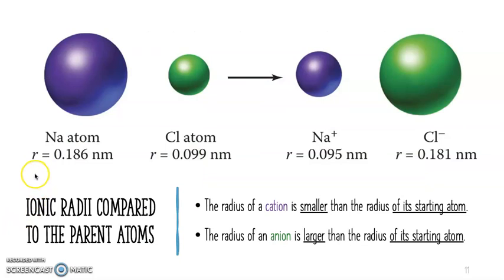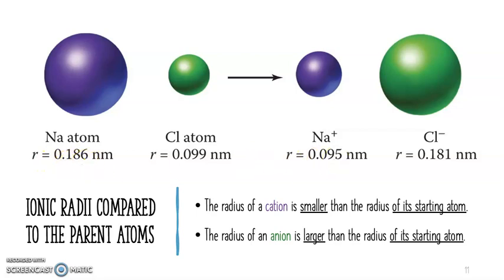So let's talk about the atomic radius of these when the ionic bond is formed. When an ionic bond is formed, the atoms lose electron or gain electron. When an atom loses electron, it becomes a cation. This cation's radius is smaller than the radius of its starting atom. For example, you compare sodium plus ion and sodium atom. The sodium plus ion has a radius of 0.095 nanometer, where its starting atom, sodium atom, has a radius of